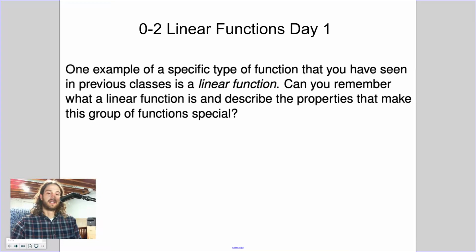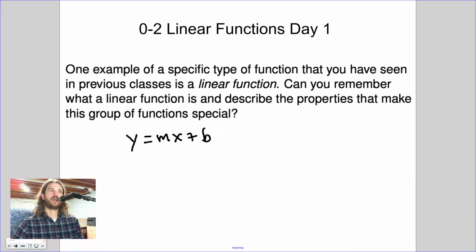So let's get started right into functions. We're going to talk about linear functions. I don't know what comes to mind, but when I was talking to kids today about linear functions and what springs up in their heads, a lot of students said, "Hey, what about this, Mr. Slagle? What about y equals mx plus b?" Does that ring a bell? Well, it should. M, remember, that's your slope. Y-intercept, that's b. B for bingo.